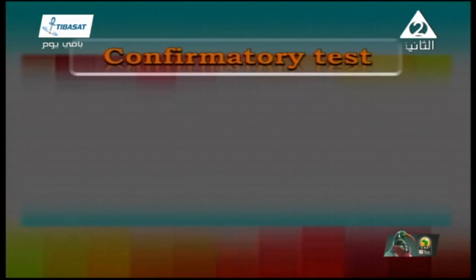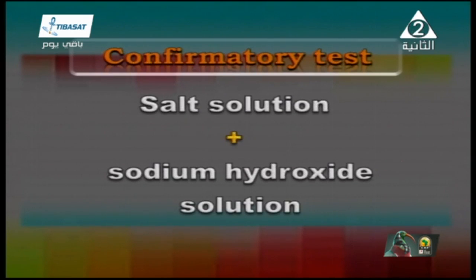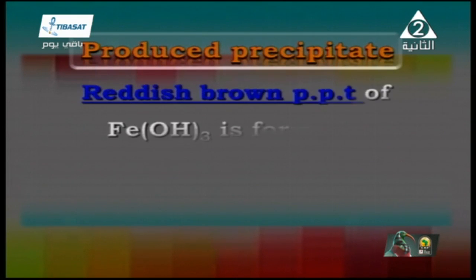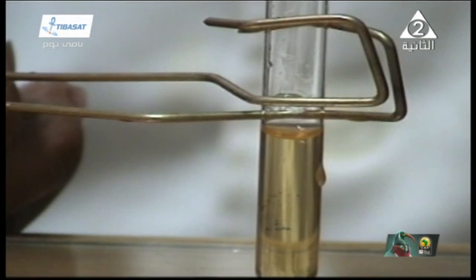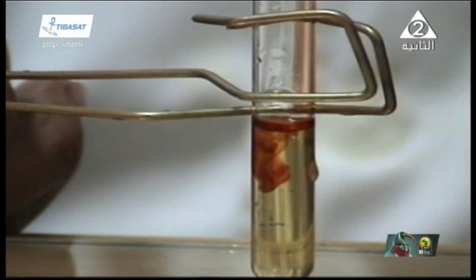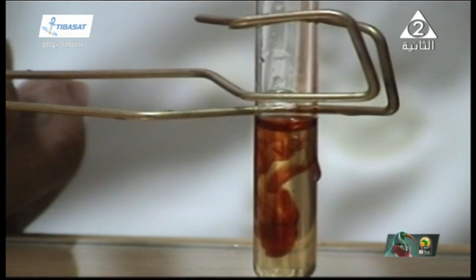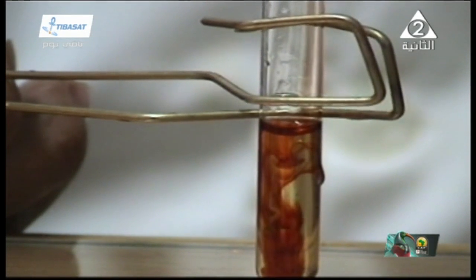Now we are going to discuss the confirmatory test. Here, my dear student, the confirmatory test is the salt solution with sodium hydroxide solution, as previous cations of the third analytical group. Here, the produced precipitate is a reddish brown precipitate of iron 3 hydroxide, as the following animation shows. Here we bring iron 3 chloride as iron 3 salt solution, and after adding sodium hydroxide solution on it,